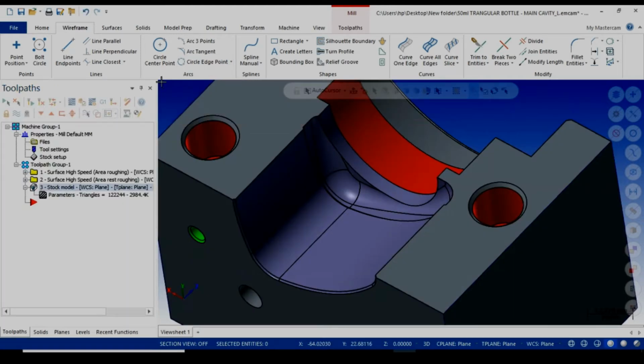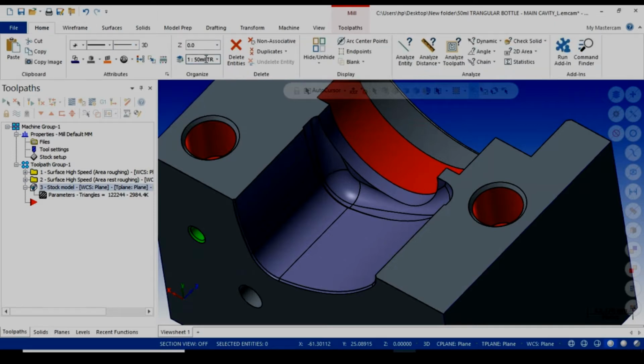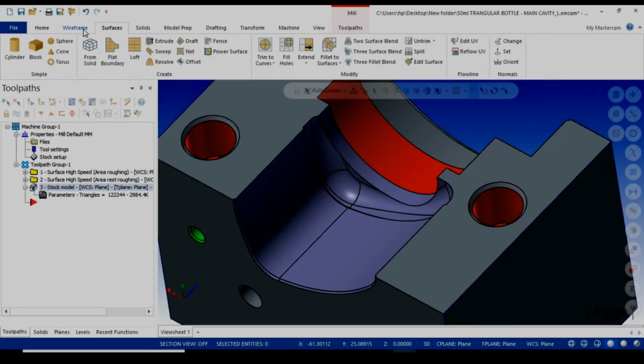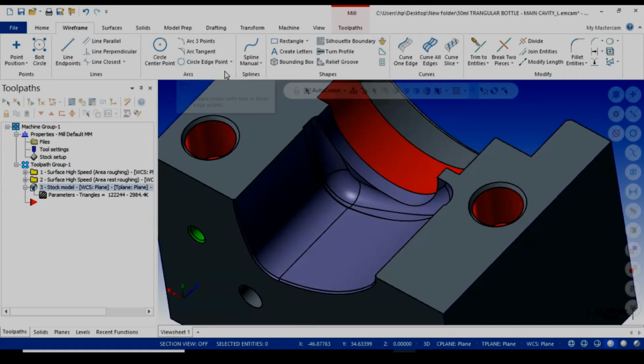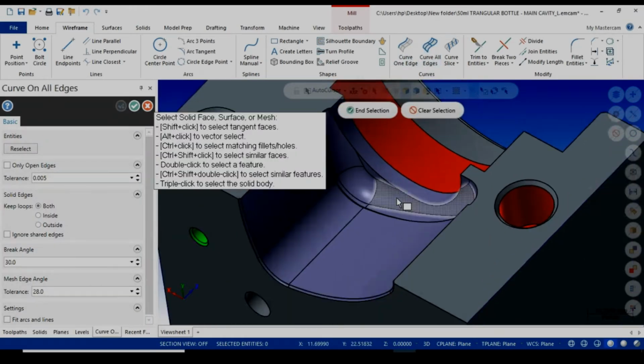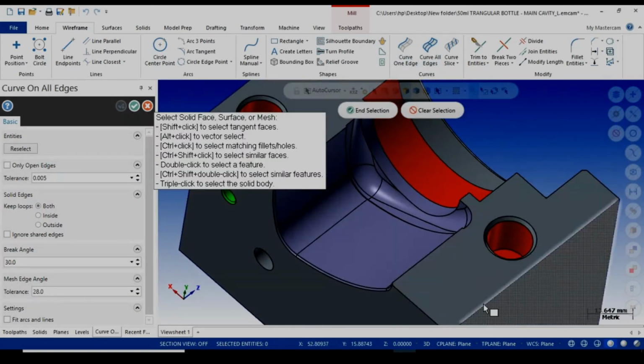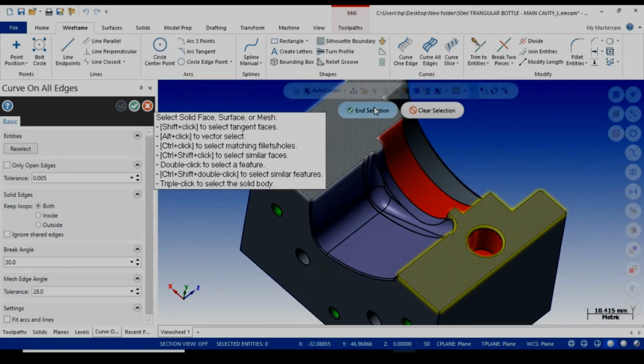Sorry, I have to create the boundaries from the surface edges. Go to wireframe and select curve on face.